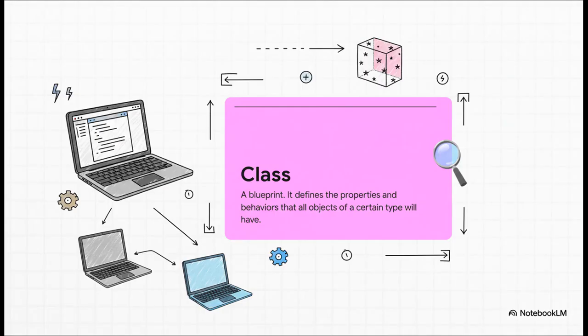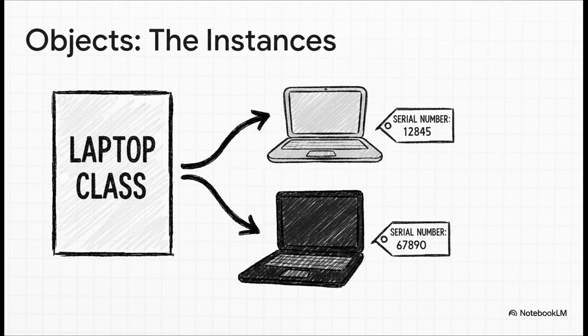Now for the big one. Object-oriented programming. It sounds fancy, but the core idea is pretty simple. Think of a class as a blueprint. For example, a laptop class isn't an actual laptop. Nope, it's the design document that says all laptops must have things like a screen and a keyboard, and they must be able to do things like turn on. So if the class is the blueprint,